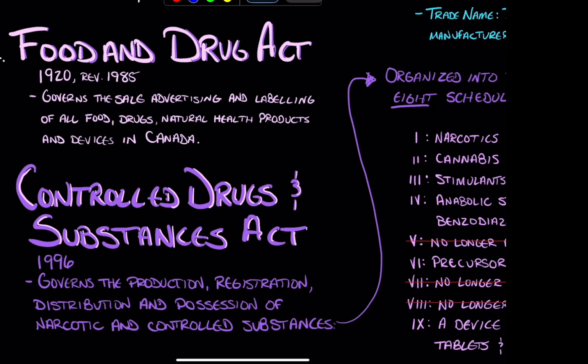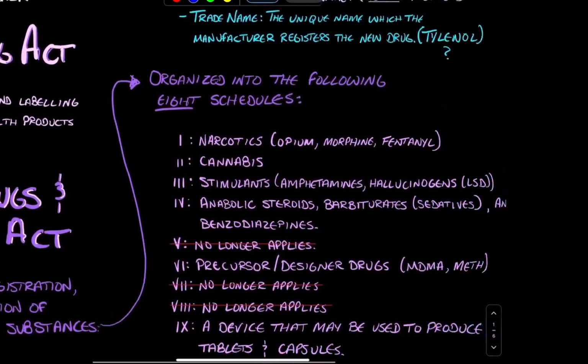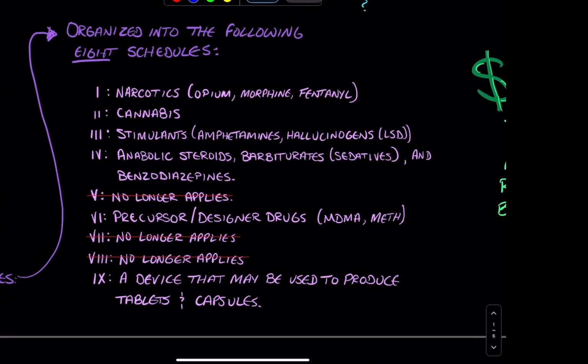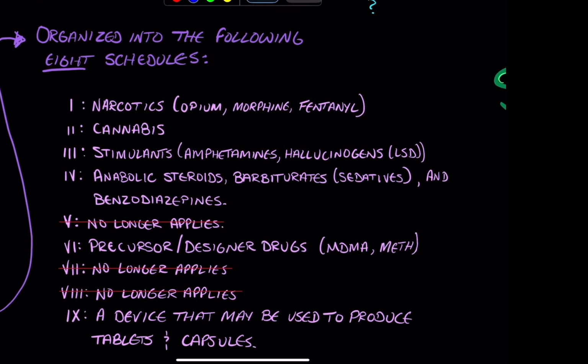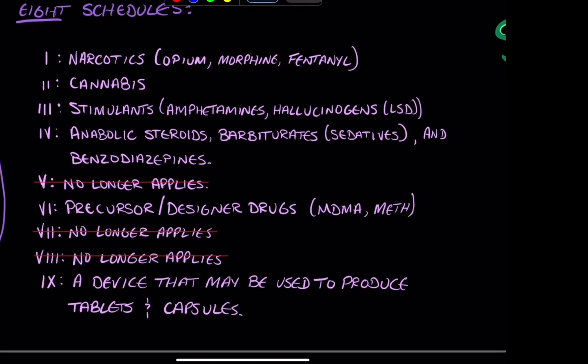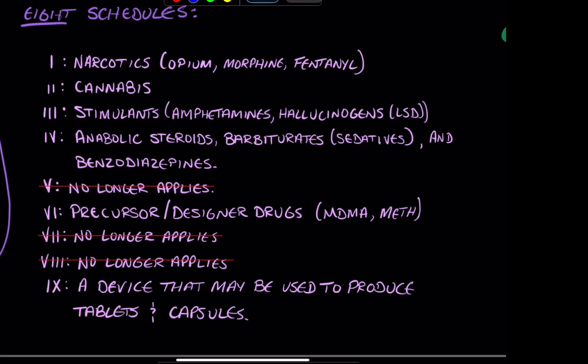In 1996, they developed the Controlled Drugs and Substances Act, and this governs any kind of controlled substances. So you look at narcotics, cannabis, tobacco, stuff like that. They've divided it into what they call 8 schedules. There's a lot of them that you can see I've crossed out that are no longer really applicable. I don't know why they wrote 8 on their list, because there's actually 9, but I guess they removed one when they labeled them as 8 schedules. So there's actually only 6 active